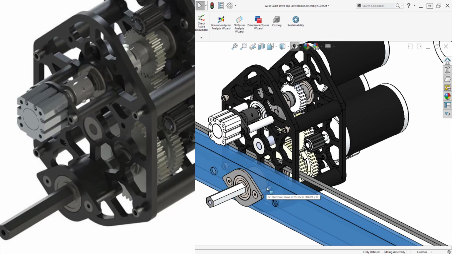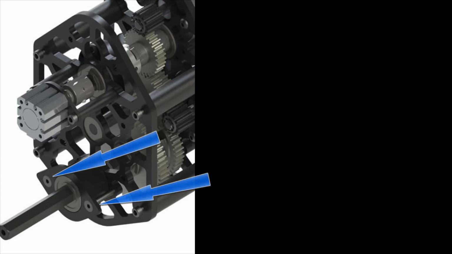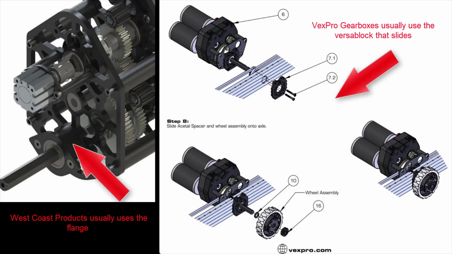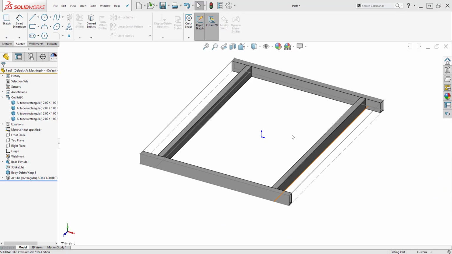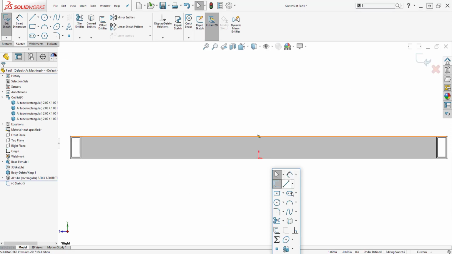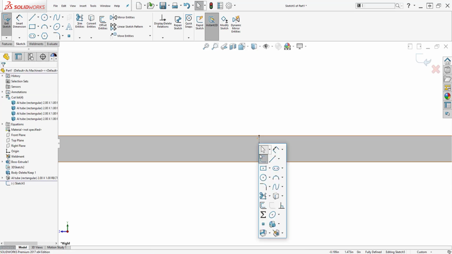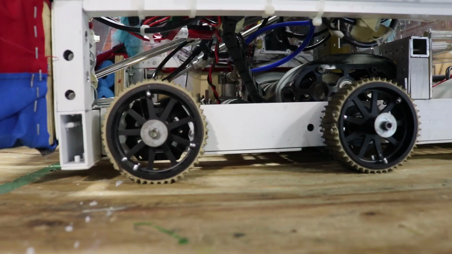This flange uses a 1.5 inch hole that you can cut with a hole saw or cone bit. The flange also uses 2 1/4 inch countersunk bolts to hold the flange in and screws directly into the tapped gearbox plates from your gearbox kit. Depending on what gearbox you have, this step is going to vary, and this is the time for you to figure out what to do. Either way, you need to place your mounting holes for the gearbox and the gearbox axle. We can draw out the hole for this component, which passes through the frame and into the gearbox with 2 screws. These 3 holes in this pattern need to be centered in the middle in my case,